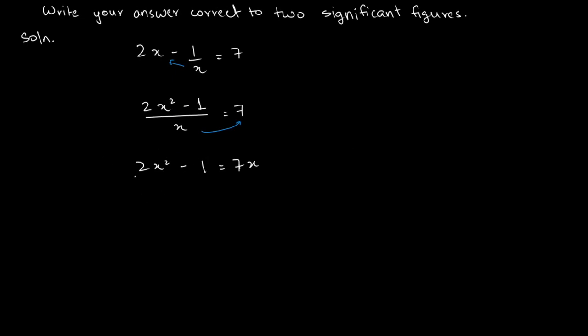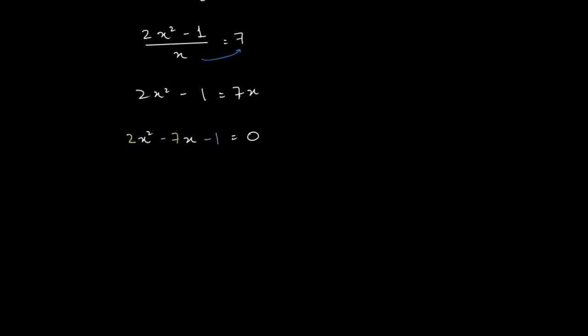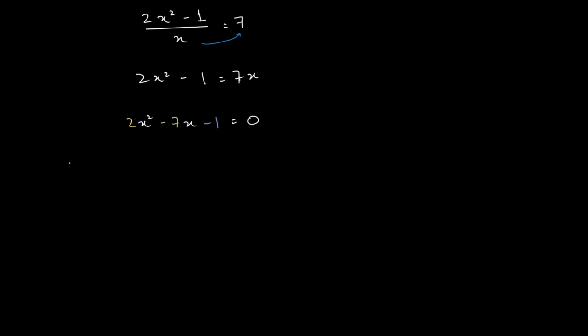Let's write it in the standard form so that we can compare it and get the values of a, b, and c, right? So our equation in the standard form is 2x square minus 7x minus 1 is equal to 0. This is our equation in the standard form, and let's compare it with our standard form, which is ax squared plus bx plus c is equal to 0,